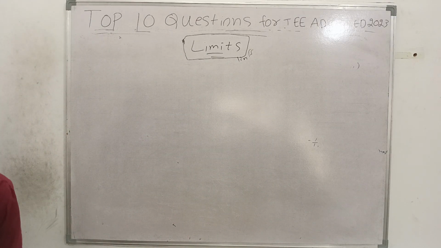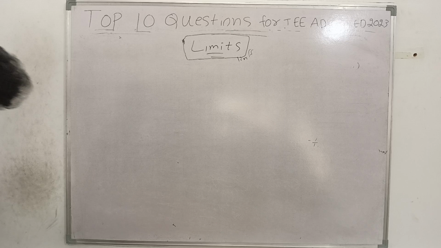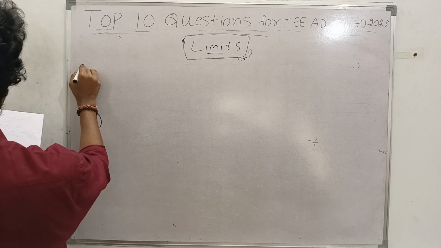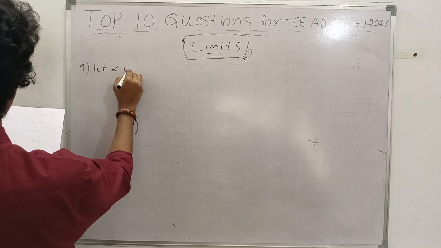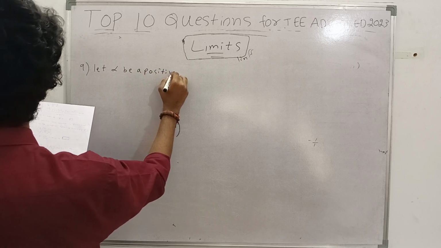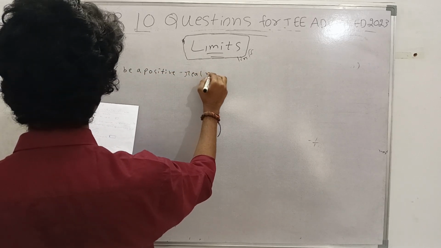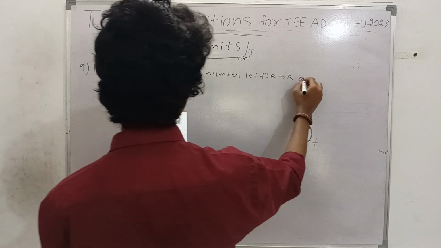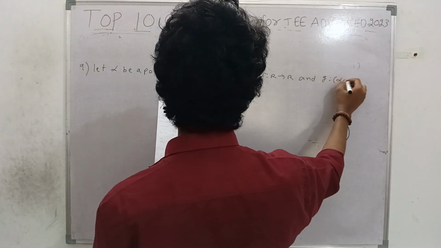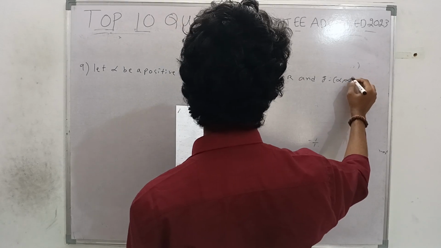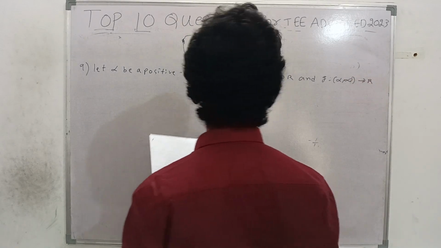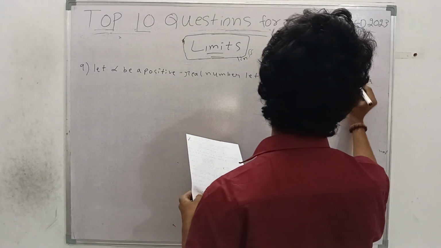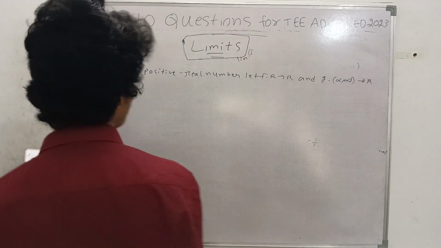How many questions have we completed? 1, 2, 3, 4, 5, 6, 7, 8. 8 questions we completed. Now the 9th question. Let alpha be a positive real number. Let f map R to R and g map alpha to infinity, that is, from alpha to infinity to R, be two functions,